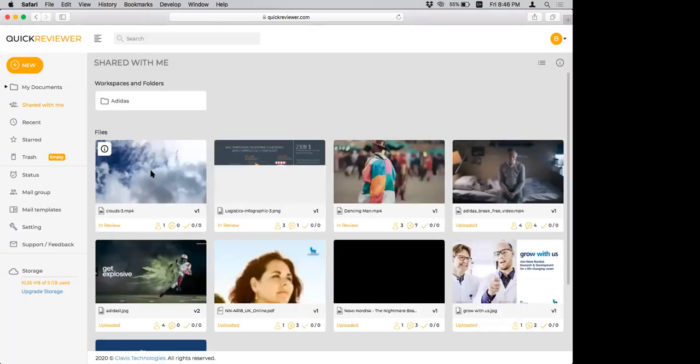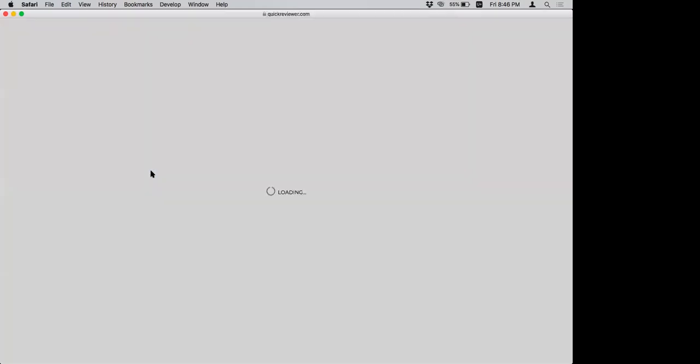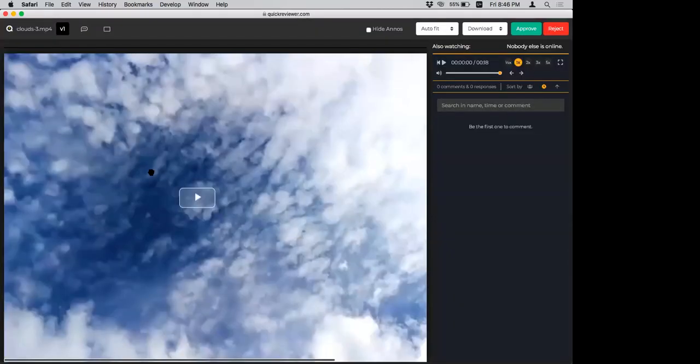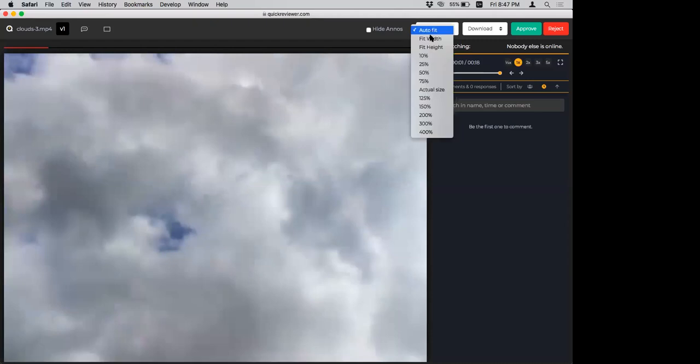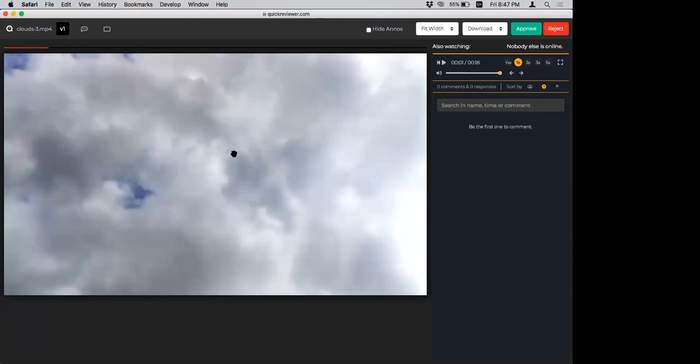So we have the video right here. When I double click on the video, it opens the proofing window. On the proofing window for videos, it works similar to the way it does for images, except that here you have a moving video, right? And I can first adjust the size that I want, and in most cases, you would wind up fitting to